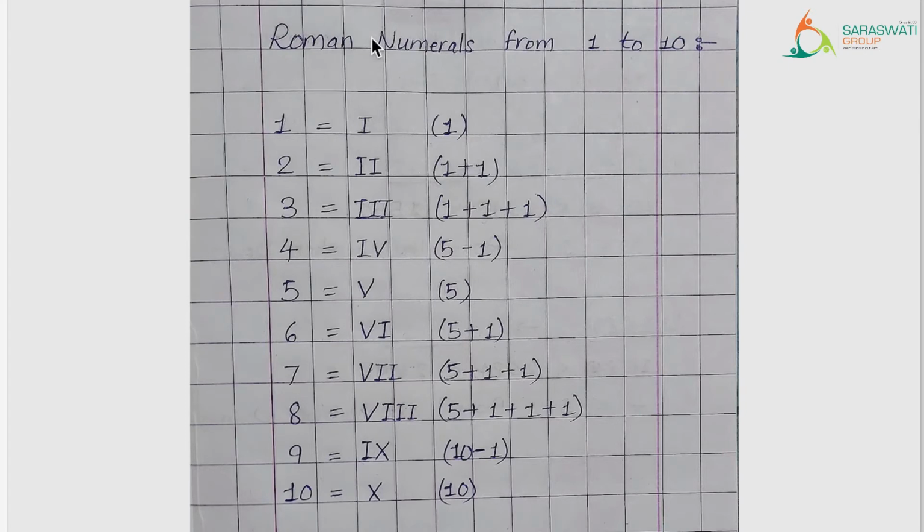Now students, let us have a look over here at the Roman numerals from 1 to 10. So over here we already know the Roman numeral for 1, that is I. Then Roman numeral for 2 will be I repeated 2 times. 1 add 1 is equal to 2. Then Roman numeral for 3 will be I repeated 3 times. That is 1 add 1 add 1, and the result is 3. Then Roman numeral for 4 is I followed by V, smaller numeral and then a larger numeral. So value of I is subtracted from value of V. So 5 minus 1 is equal to 4.